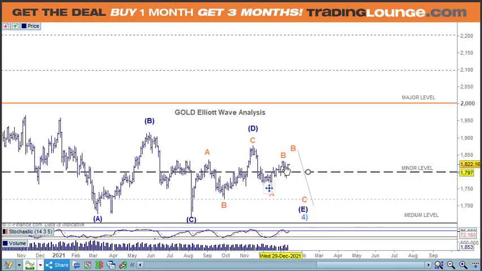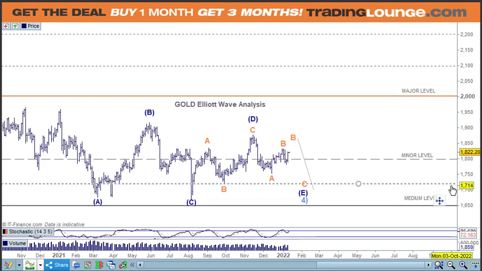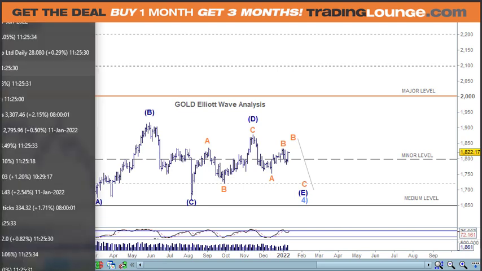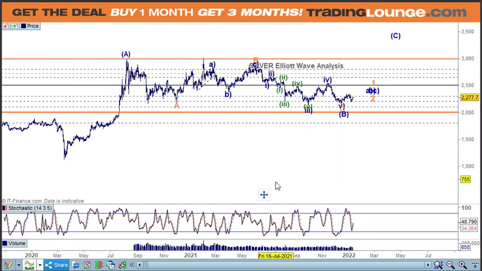And it's not like this is impulsive to the upside. If it was, well then I'd be a bit more positive. But I'm just suggesting that we need to be a little bit more cautious about things. I mean, silver's looking alrighty too, so let's just have a look at silver. So just in the bigger picture here,